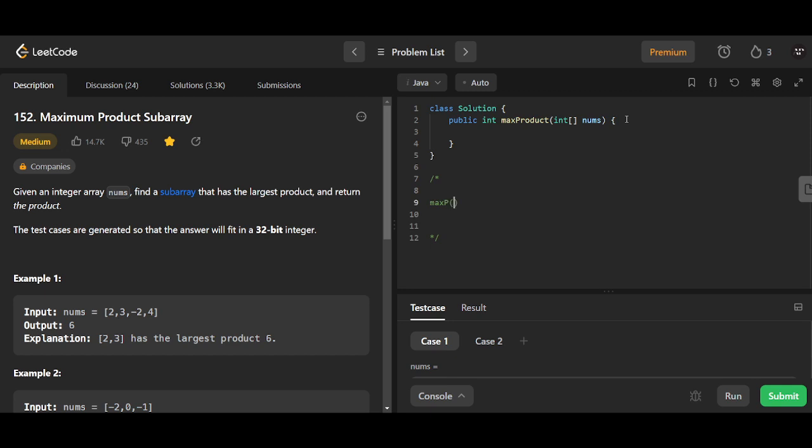Let's call it max p of i equals max of nums of i, and nums of i times max p of i minus 1, and the other option is nums of i times min p of i minus 1. Alright,